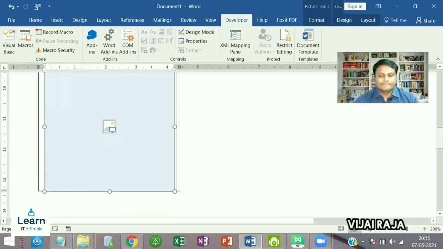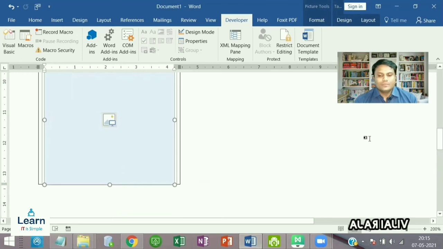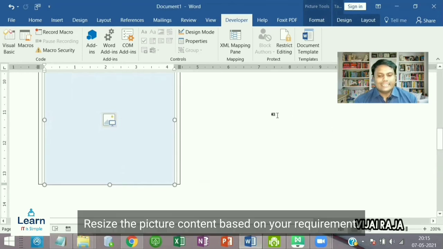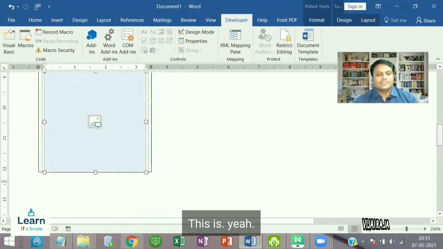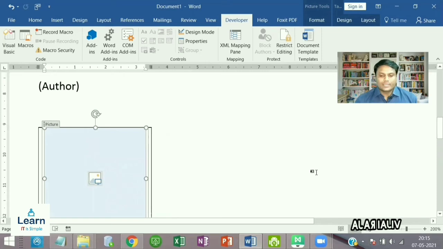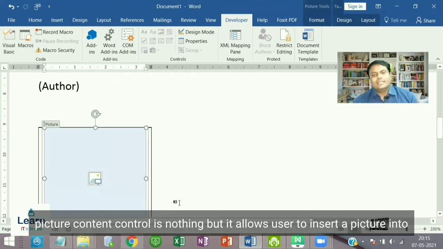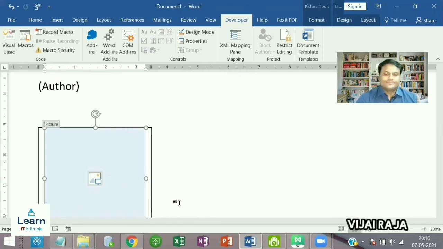Then resize the picture content based on your requirement. See, picture content control is nothing but it allows the user to insert a picture into a designated area.